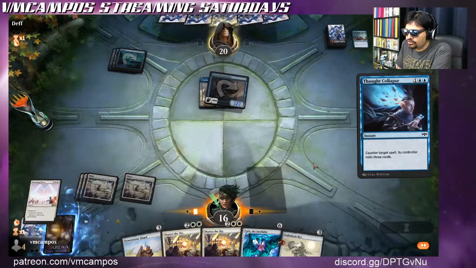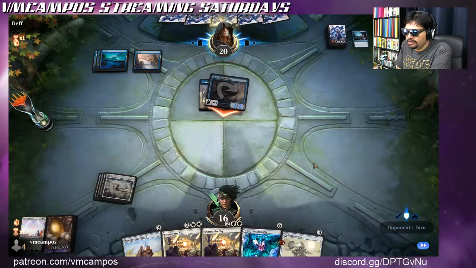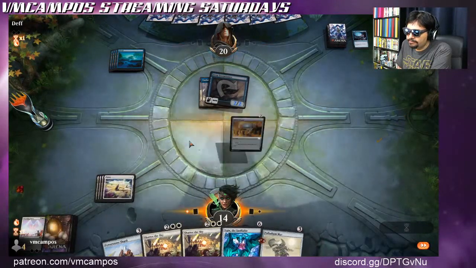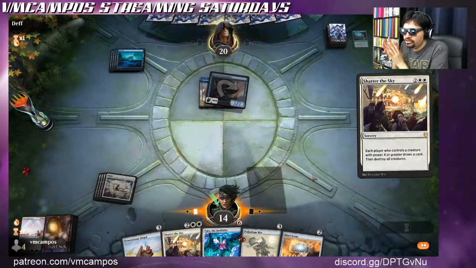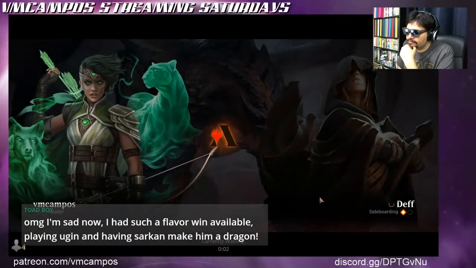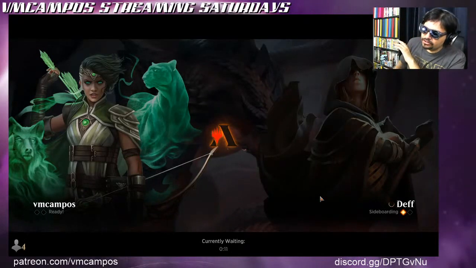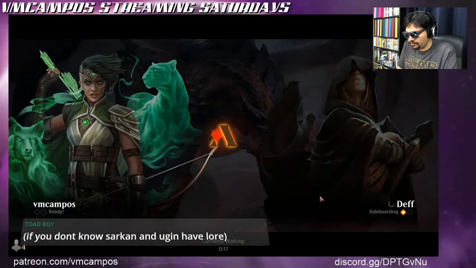Guess we'll try it again next turn. So yeah, I probably have a bunch of counterspells here. That's all you need with this deck. And I'm just gonna keep drawing into good things, so I probably just need to restart that. So the opponent's got some very good